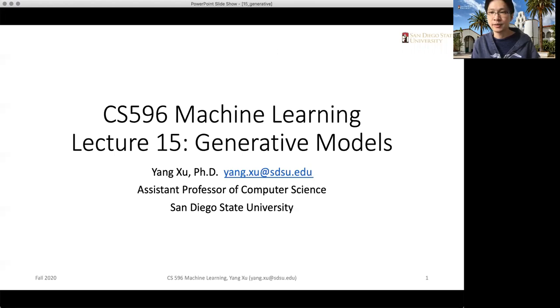But then the second type of model, which, if you have taken any courses in data mining or big data related courses, is a very simple but intuitive model. It's called the Bayesian model, naive Bayes model, and it's also a typical type of generative model. And the third model we're going to introduce is the generative adversarial network. In short, the acronym is GANs, and it's quite a popular machine learning technology that is getting more and more popular recently.